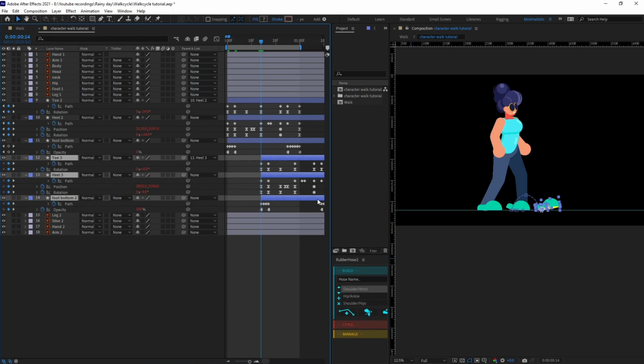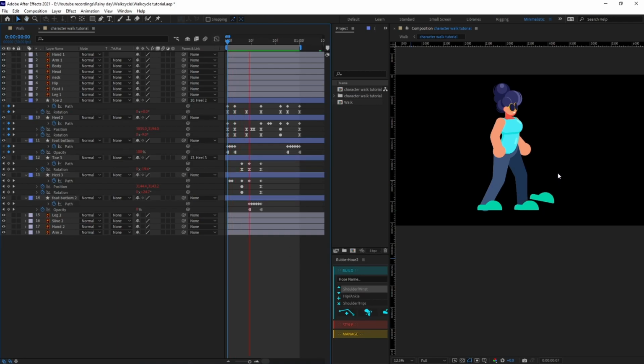Or rather, I would like to move it forward a bit because the expression I have used in path properties doesn't cover the portion of the animation before the keyframe. So it's better to move it at this point. Let's check the animation. Yeah, it's looking pretty nice now.